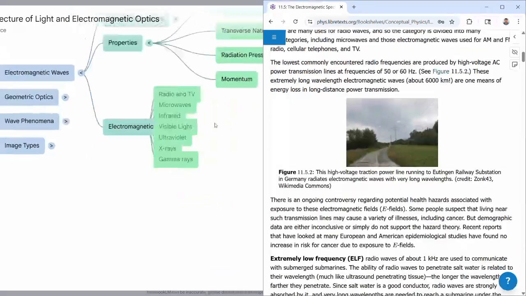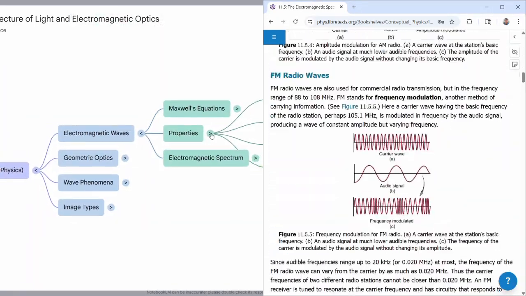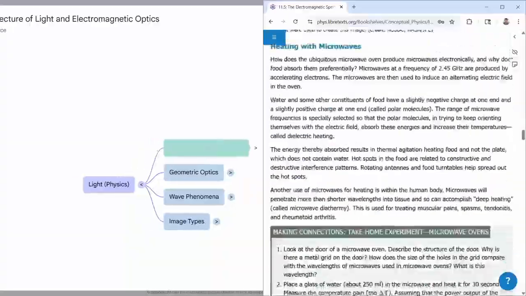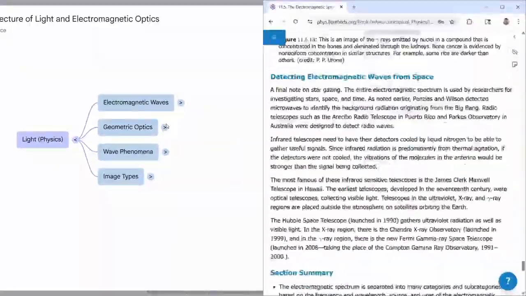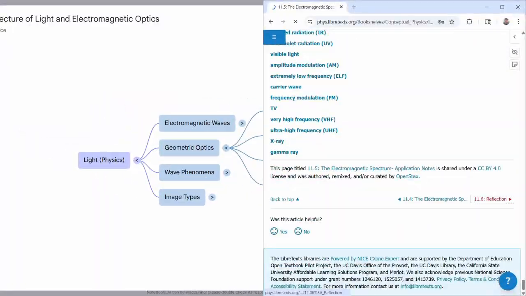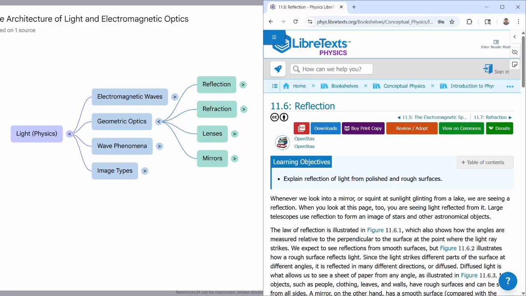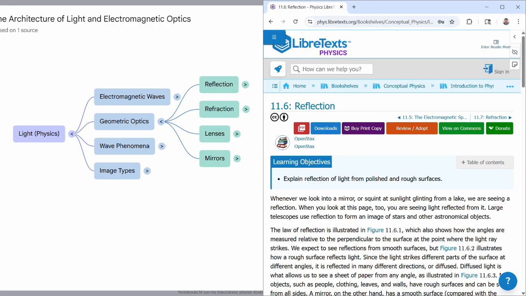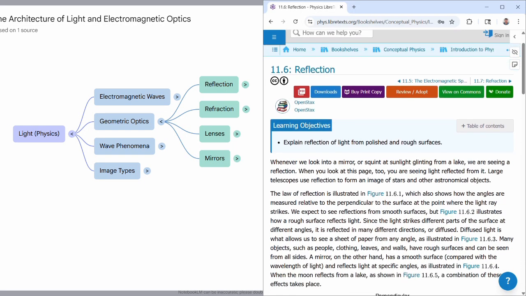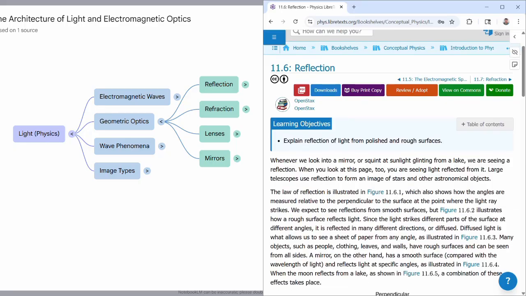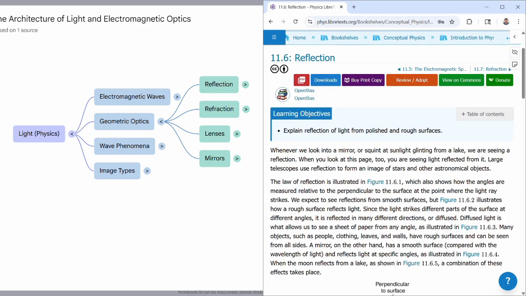Now, in section 11.6, we pivot to geometric optics. This is the aspect of light that we knew a long time ago, since the time of Galileo and before. People were making lenses and working with the light without fully understanding what it is. So in geometric optics, we treat light like rays of